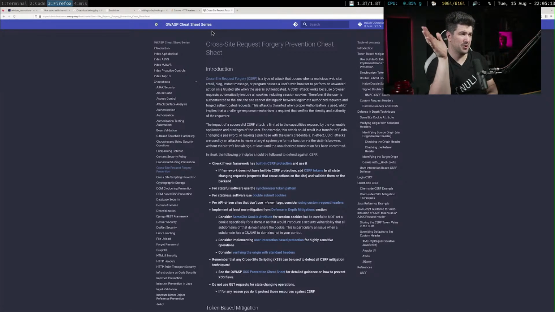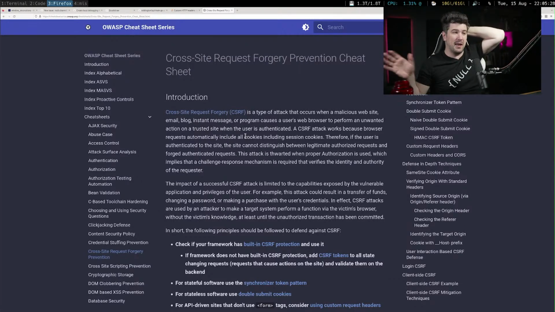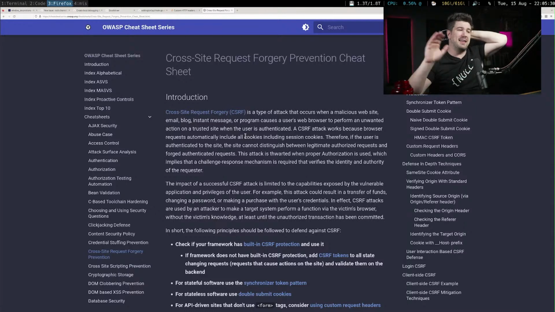A cross-site request forgery is a type of attack that occurs when a malicious website, email, blog, instant message, or program causes a user's web browser to perform an unwanted action on a trusted site when the user is authenticated. So basically, you've logged into my site, now you're on their site, and they get you to do something without it.